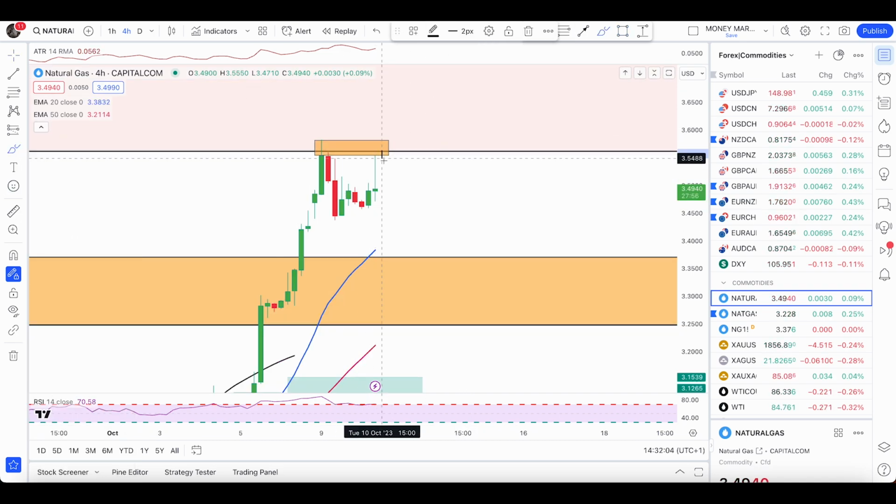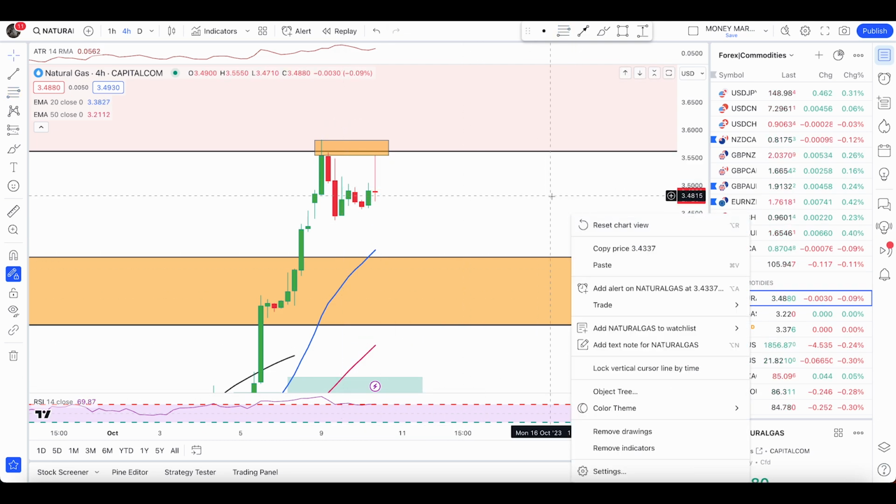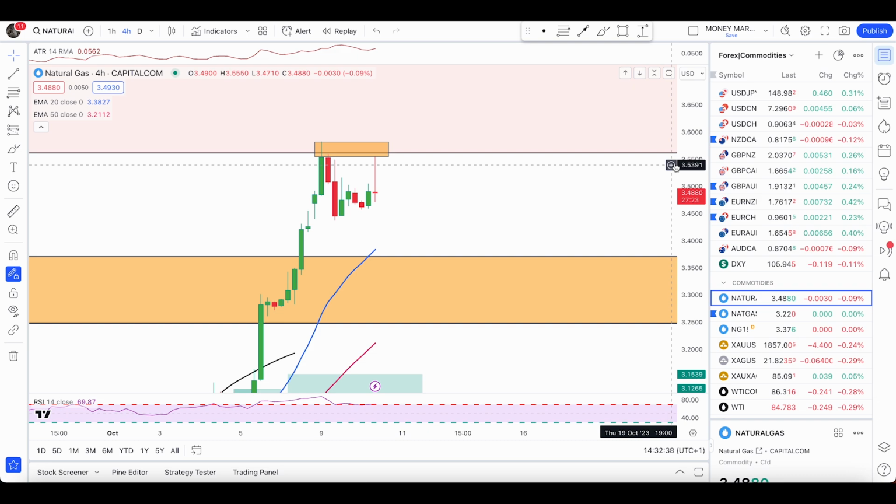Let's say we have a next candle as a red candle, or if this candle closed as a 382 candle, and the way you can check the 382 candle is with the Fib tool from the top till the bottom of the body. If the body is below the 382 retracement, which in my case is the blue line, in that case we also have a sell signal and price will likely head lower,